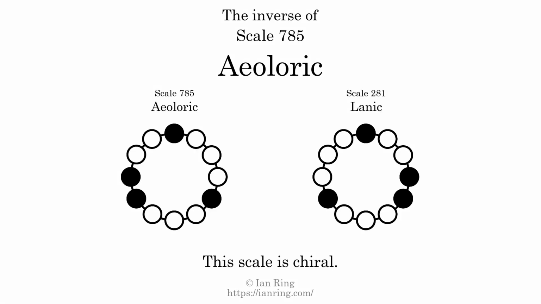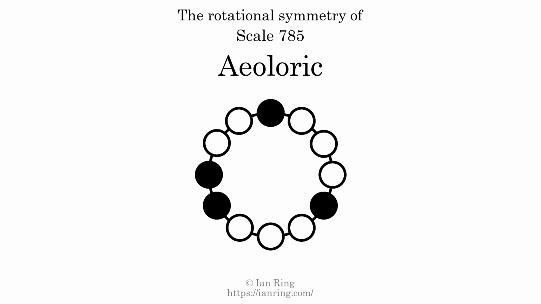The inverse of a scale is a mirror image. It is what you get when the sequence of intervals is reversed. The inverse of this scale is scale 281, also known as Lanik. This scale is chiral. It cannot transform into its inverse by rotational transformation. This scale has no rotational symmetry. For even more detail about this scale, visit